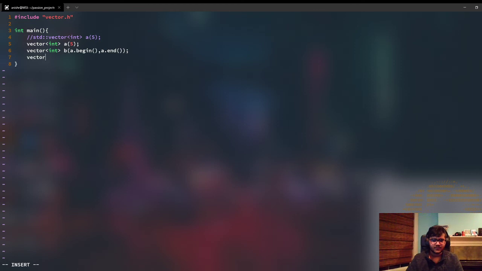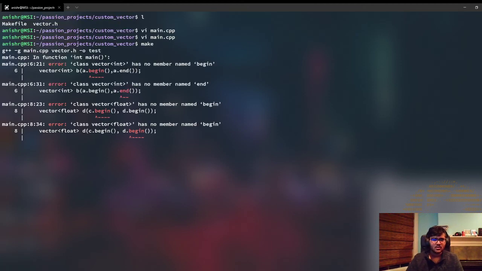Then we're going to write vector<int> c(10, 3). And instead of int, let's make this a float, just (10, 3). And now let's make a secondary vector<float> d from c.begin() and d.begin(). Now let's return 0